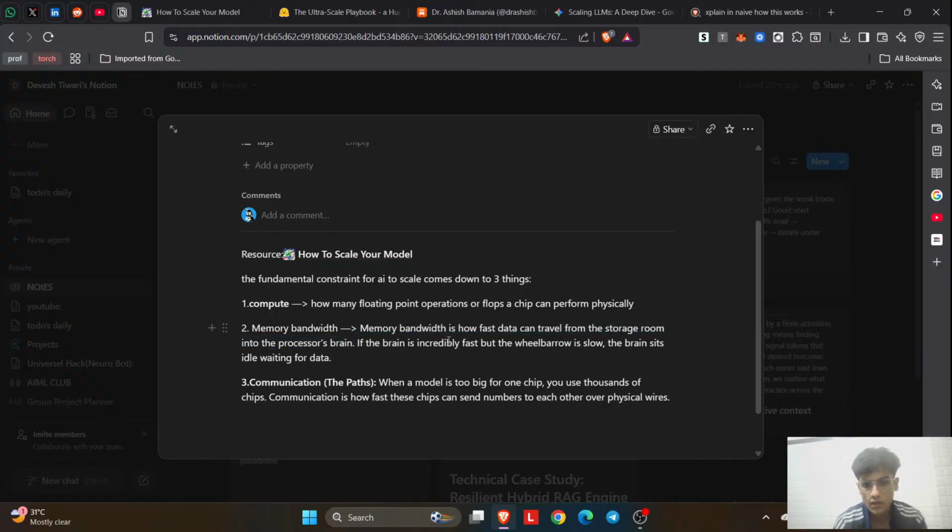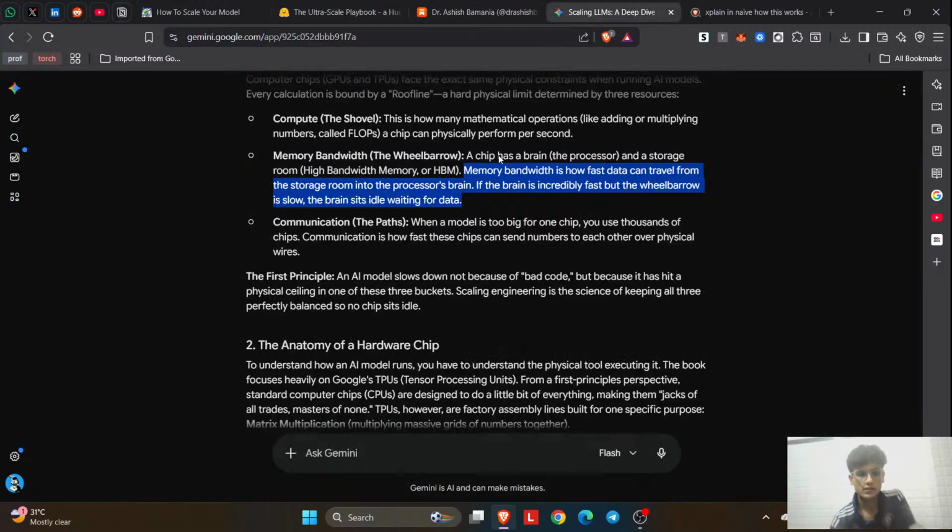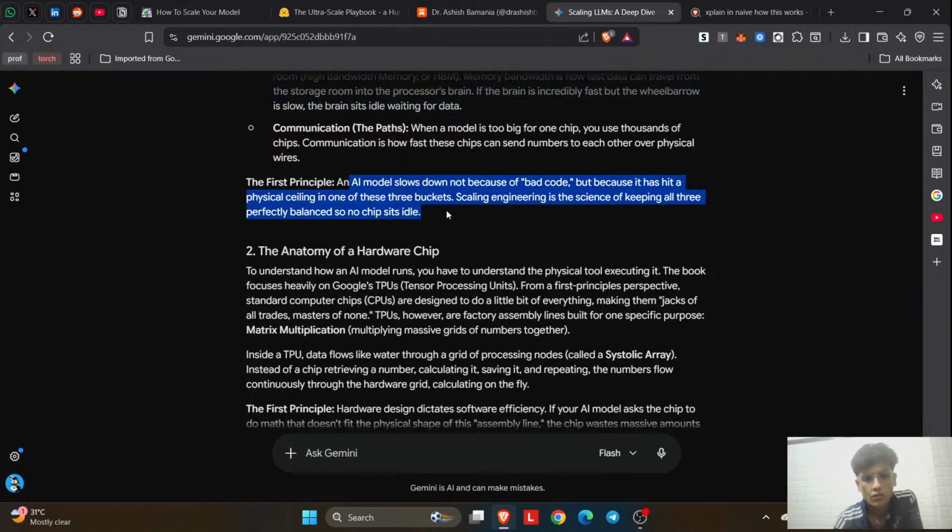How fast data can travel from the storage room into the compute, where the data is getting stored in a chip. And from a chip, how fast it can get into the chip's processor. These are three fundamental things. An AI model slows down not because of the code, but because it has a physical ceiling in one of these three buckets. Scaling engineering is a science of